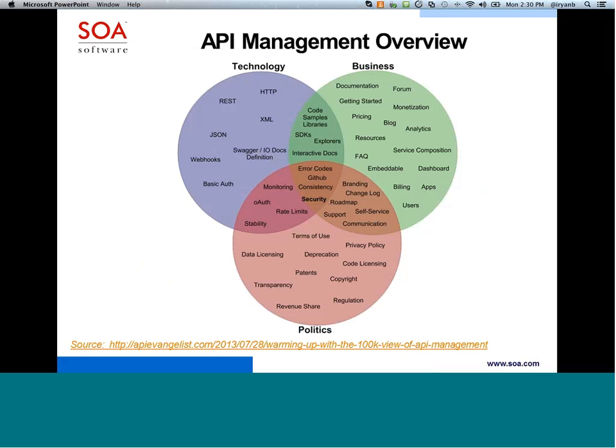evolve, such as code management systems such as GitHub were mentioned, creating consistent APIs so that developers can quickly access the API without having to read a lot of documentation about how the API was designed, as well as standardizing and enforcing security policies, things like rate limits and moving from basic authentication into OAuth. All of these are important issues to most developers, which we've got solutions for in the SOA Software portfolio of